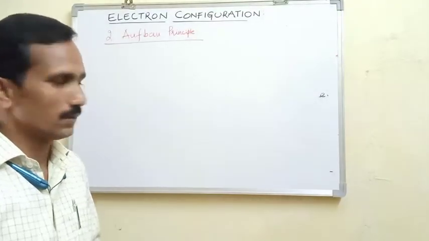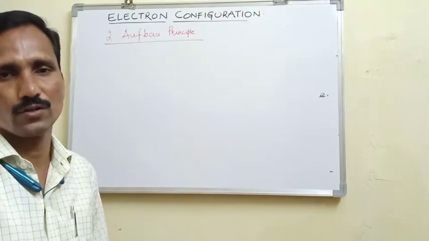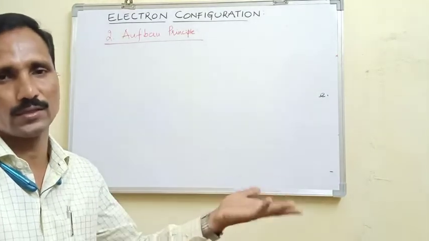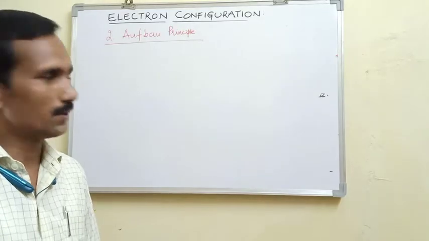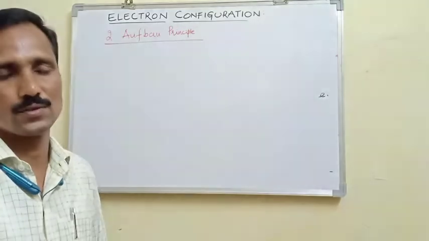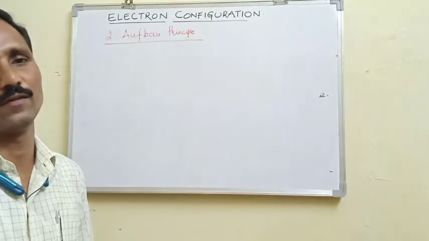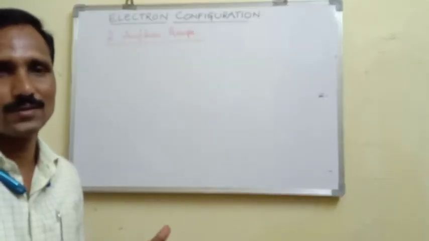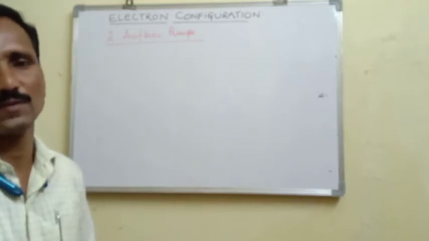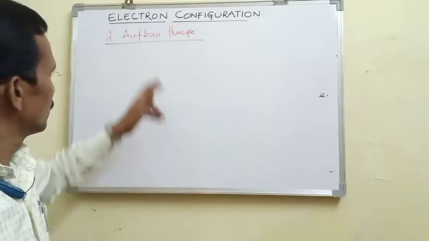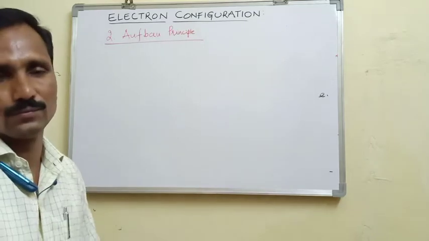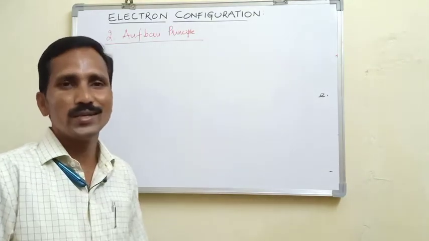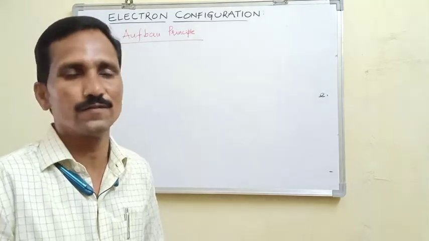Till now we wrote the electronic configuration of hydrogen. For atoms with more than one electron, like helium, lithium, beryllium, how do we write the electron configuration? In which orbitals do the electrons go first? To know that, the Aufbau principle can explain. What is the Aufbau principle? It tells that the lowest energy orbitals are filled first.